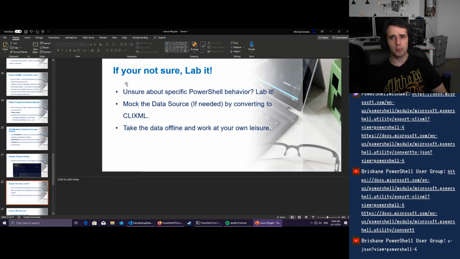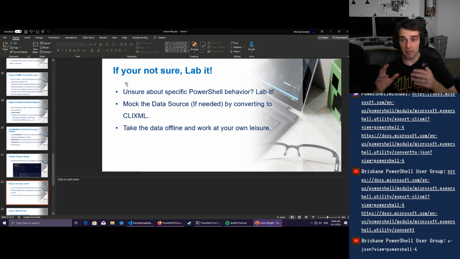So you're pretty much using XML or JSON to mock the data source. Now, the data is accurate, but you're not using live data. So you can quickly take it offline, do what you need to do with it, and it just helps you